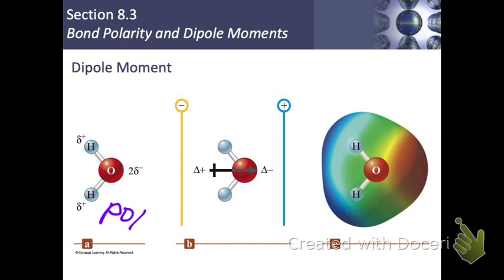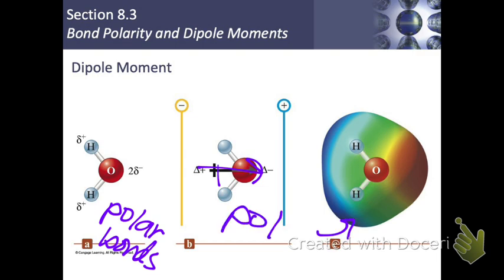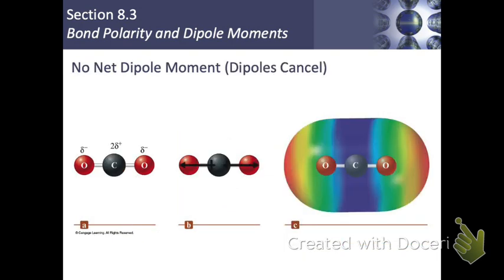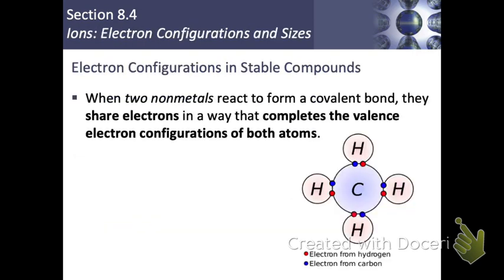Okay, so here we do have polar bonds. They show us where the region is. So this is a full-on polar molecule. Right, so there is a chance that you have polar bonds and a non-polar molecule, if it all cancels out. It's really about symmetry within the molecule. If there's not symmetry, it's more likely to be polar, and if there is symmetry, it's more likely to be non-polar. Okay,